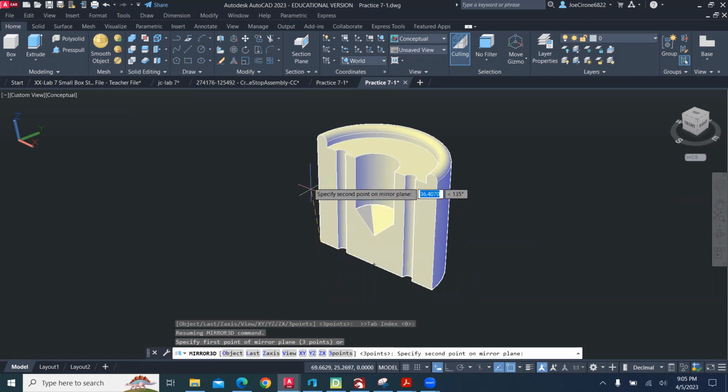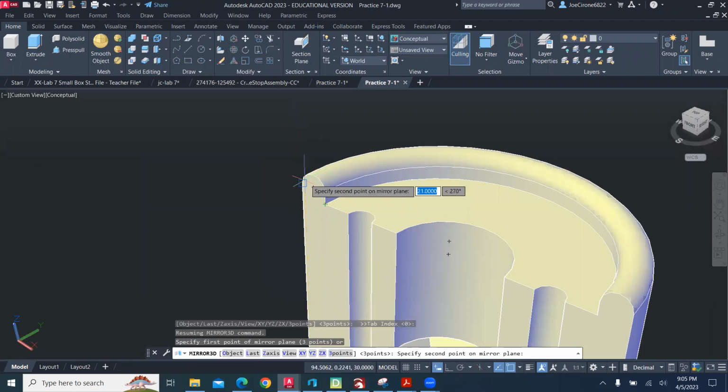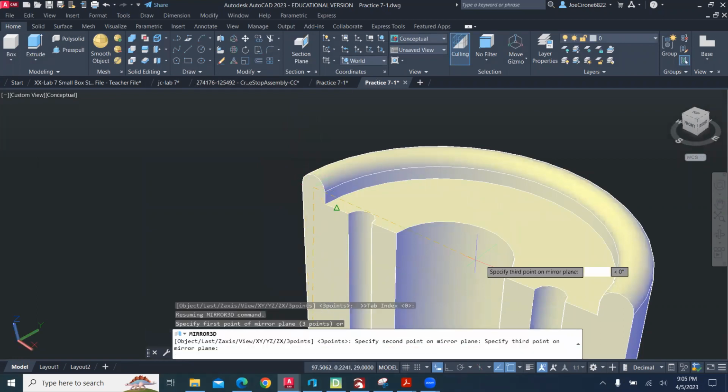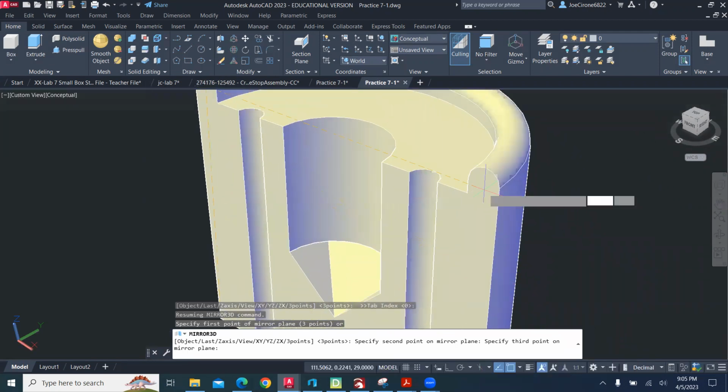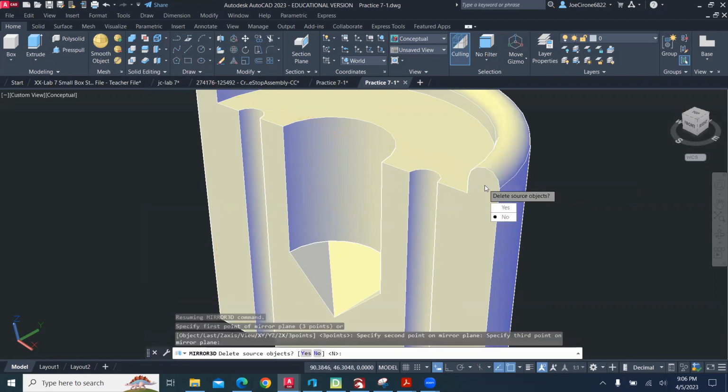And you want to use known points, essentially. So I'm grabbing that corner, and then I'm going to gravitate over here and try to grab an O snap. There we go, center. And then I'm going to bring it over to this known point, or at least the geometry. And now that we've defined the 3 points to make our 3D mirror plane,